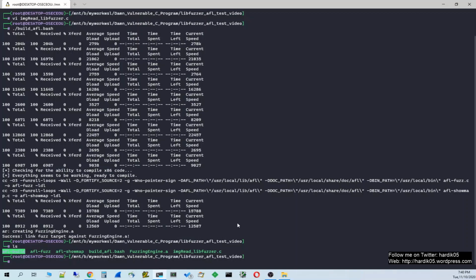So let's compile it. First thing you need to do is generate the object file for this vulnerable program. And a better way is to move your C file and this fuzzingengine.a file to your AFL build folder so that you can compile it easily. Otherwise, I found that it generates some compiler or maybe some linker error.